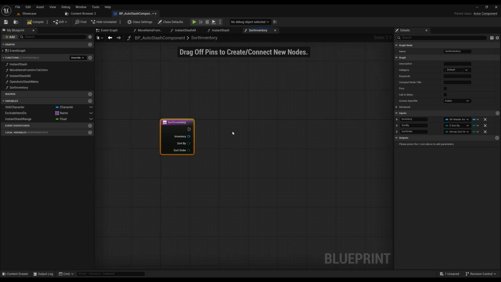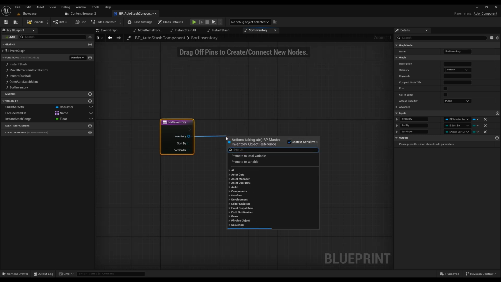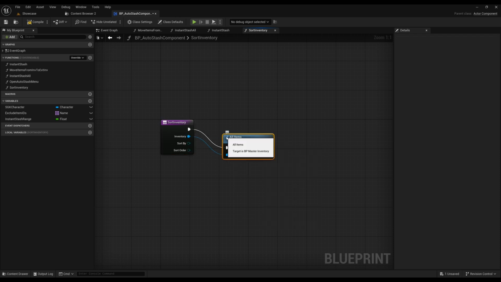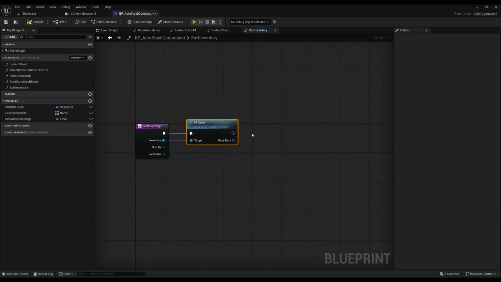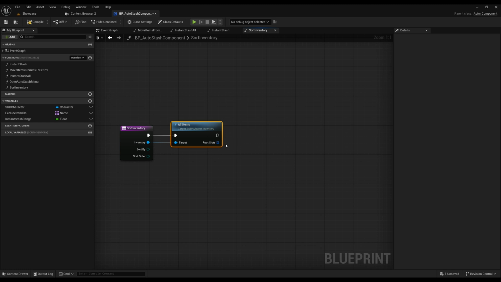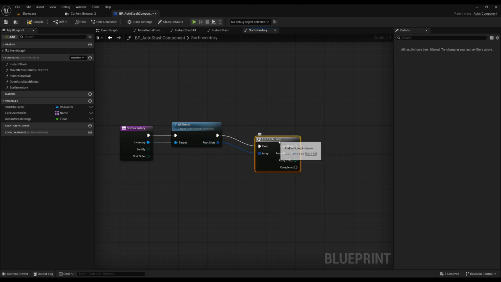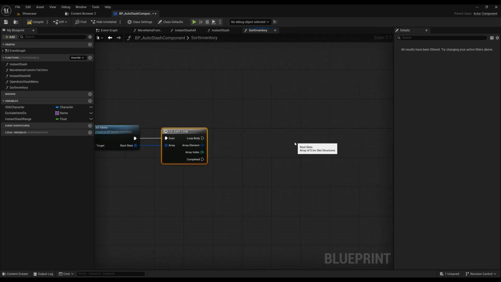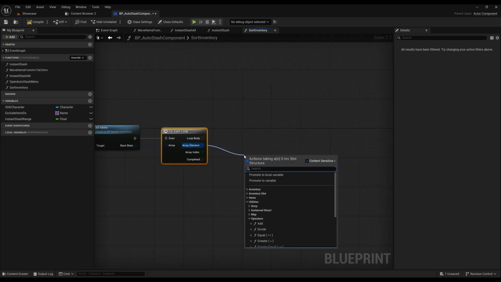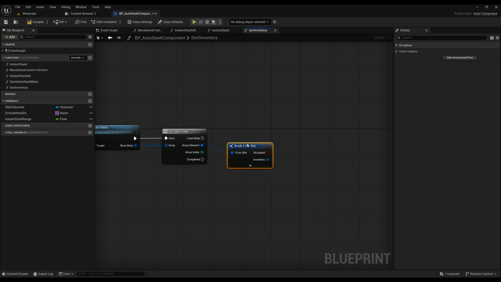Okay, so let's drag out of this, get all items, then the items we'll just do it for each, and we'll break the inventory slot,